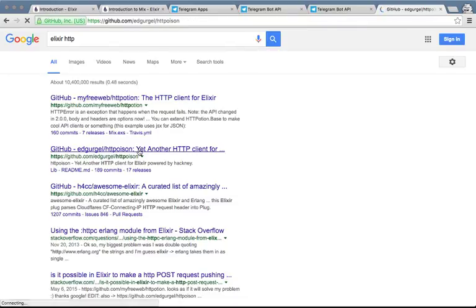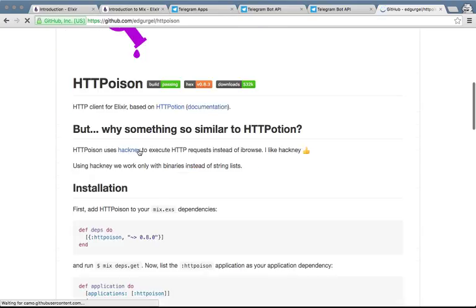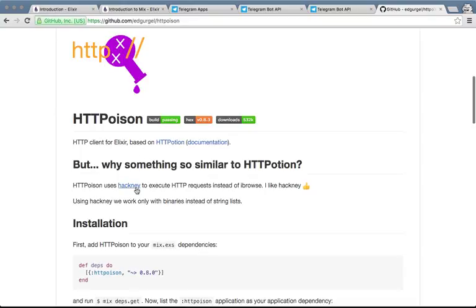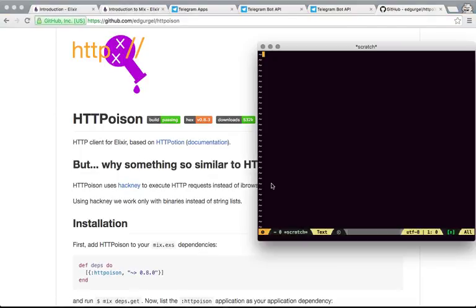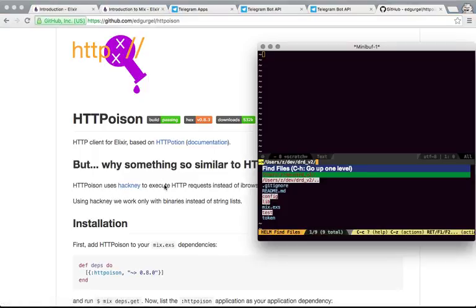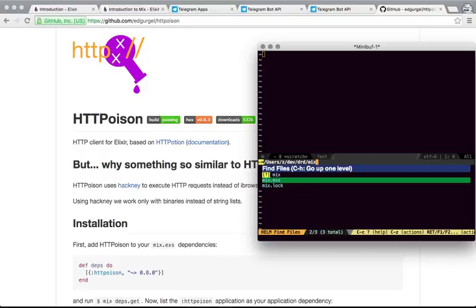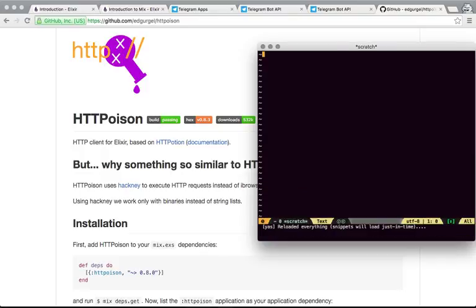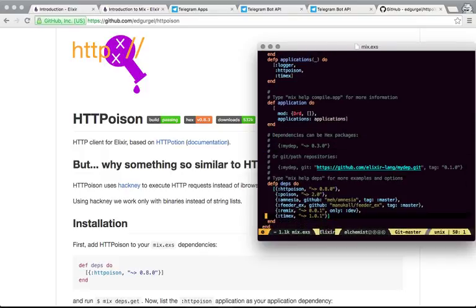What I prefer using is HTTPoison. I believe it uses Hackney. I believe I used HTTPoison, this library, for interacting with Telegram before. Yeah, I did. And I used Poison to decode JSON,